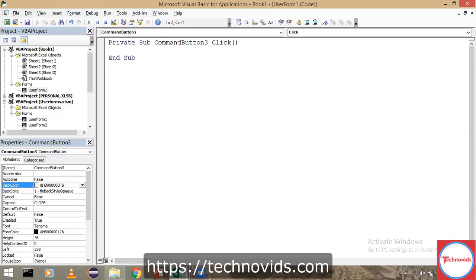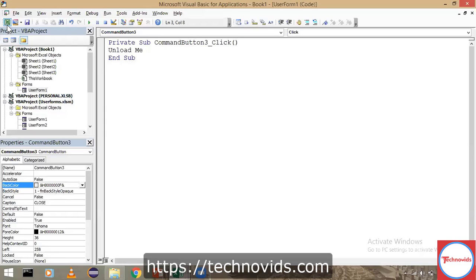So there is again an option called unload. Unload refers to closing the user form, and in a user form you can use an object called me. Me refers to the user form, the entire user form. You can alternatively use unload user form one. That is, you are explicitly telling it to unload, in the sense of close it. What to close? The user form. So instead of saying user form, you can simply use me. It's just easy to remember. Unload me, in the sense just close the user form. That's what we are trying to say.